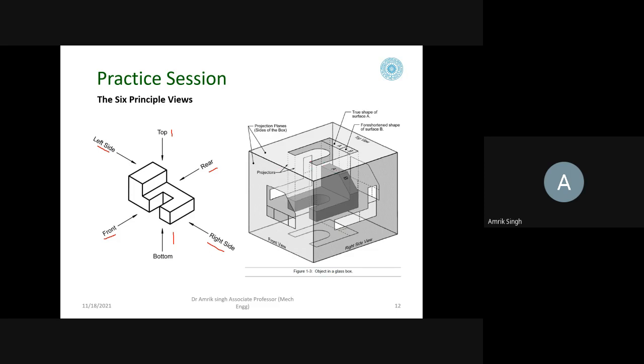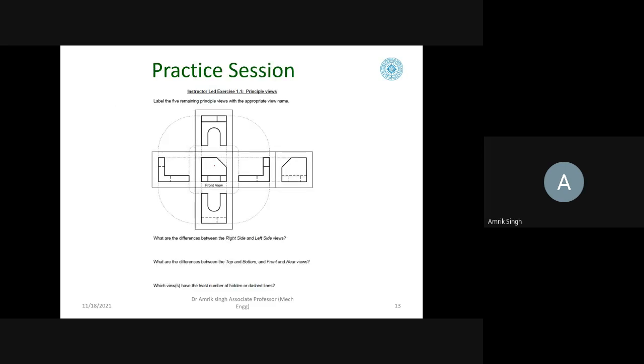You see from the left side, this line is not visible. So that's why it is drawn hidden. This edge is also not visible if you are looking from this side. So this is also drawn hidden. Okay. So this way you can draw the six views and you can practice.